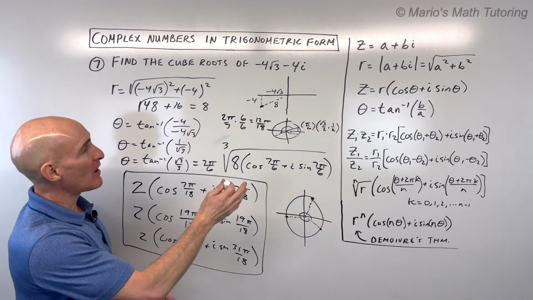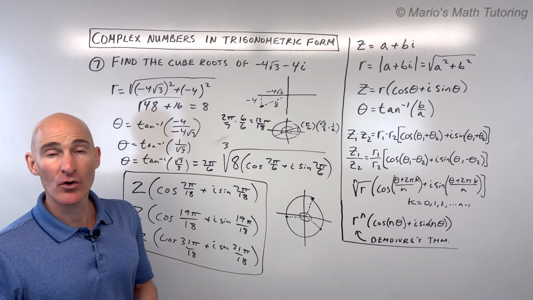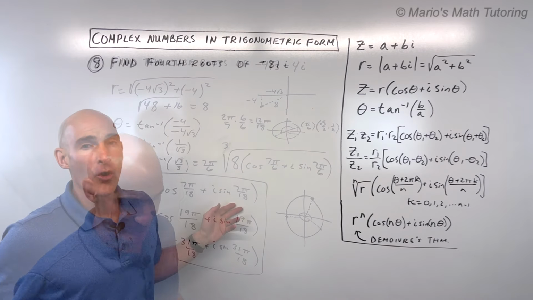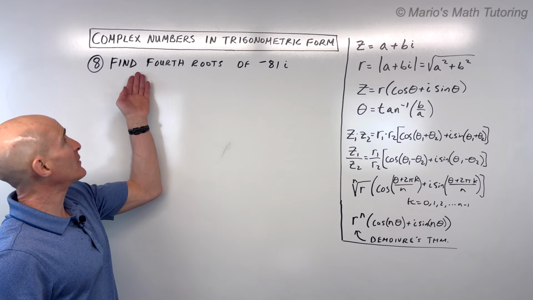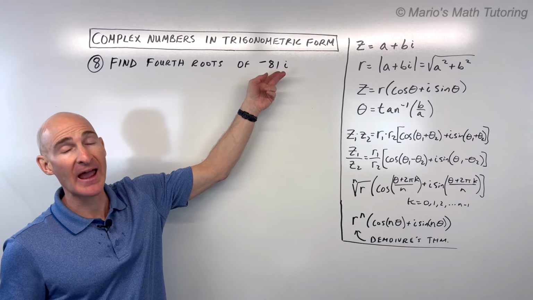Let's do another example. I'll erase the whiteboard, see if you can do this next one on your own, and we'll go over it together. Okay, while you're doing this last problem, finding the fourth roots of negative 81i,